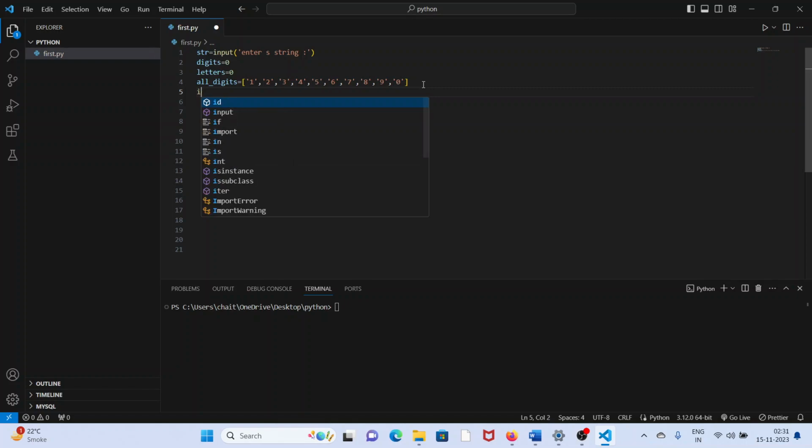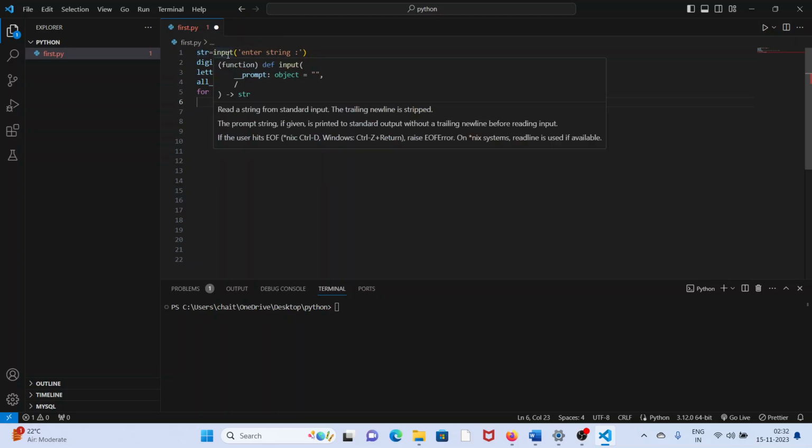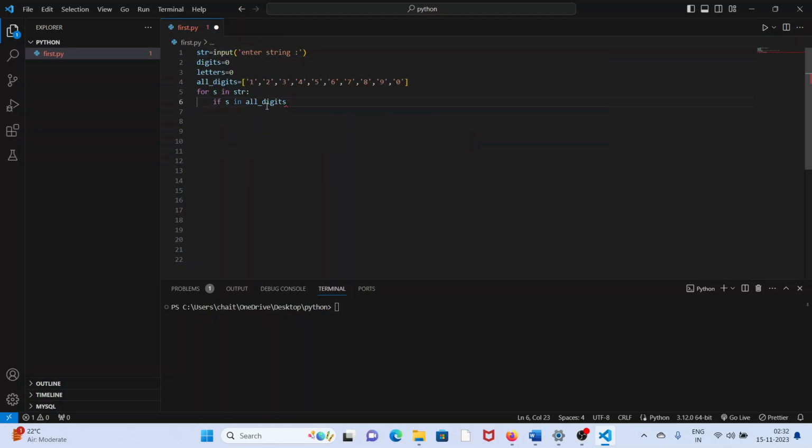Suppose we take a for loop: for s in string. Because we entered the string, for s in string, if s in all_digits. If the string has some letters, and a character is among all the digits,